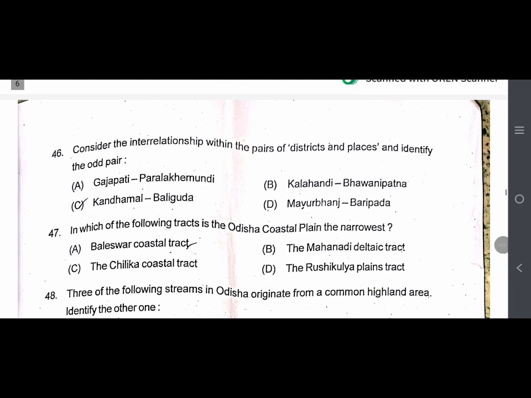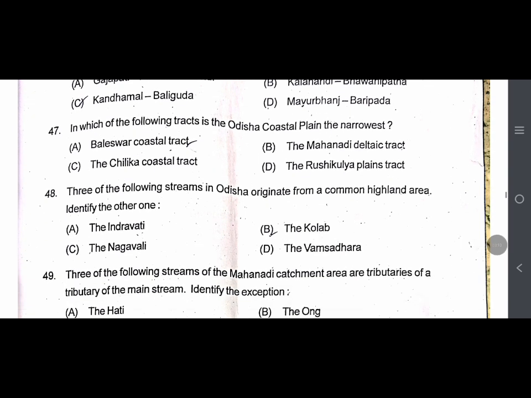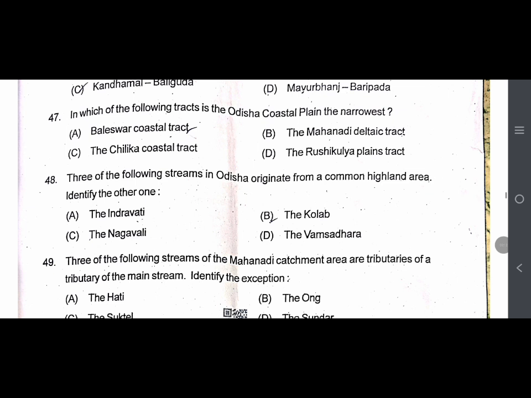क्वेश्चन नंबर 46 Consider the interrelationship within the pairs of district and places. Then identify the odd pair. ठीक आंसर टी हबो ऑप्शन ए. In which of the following tracts in the Odisha coastal plain is the northwest? ठीक आंसर टी हबो बालेश्वर कोस्टल ट्रैक्ट